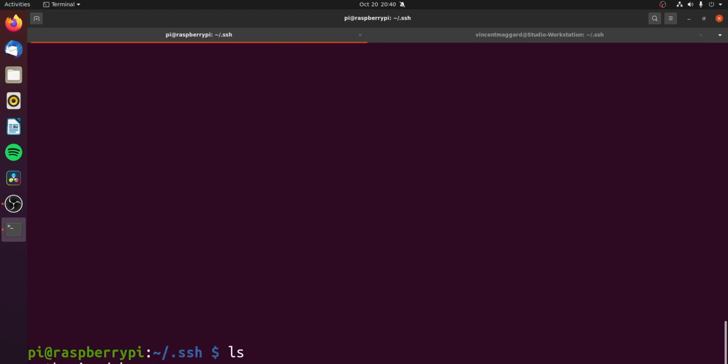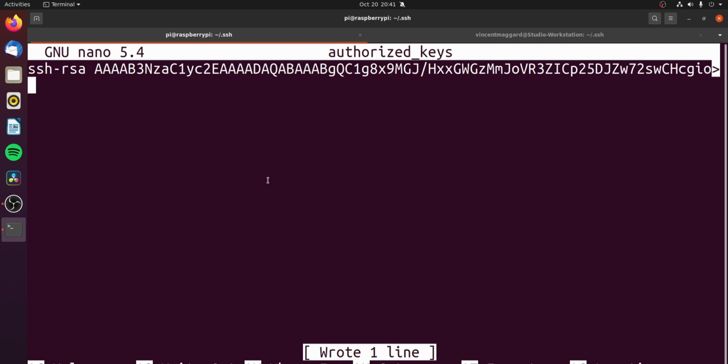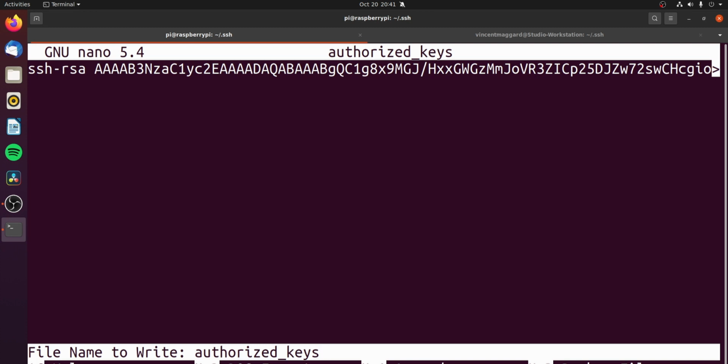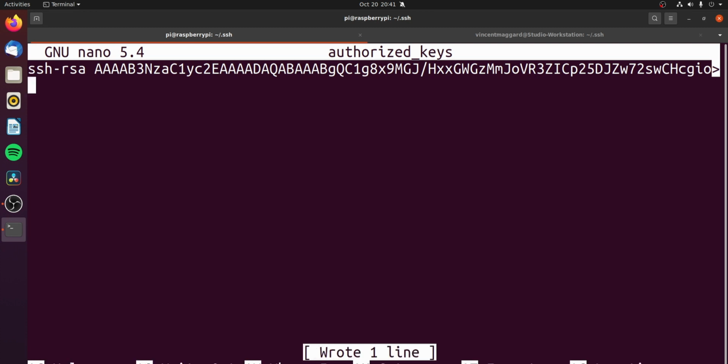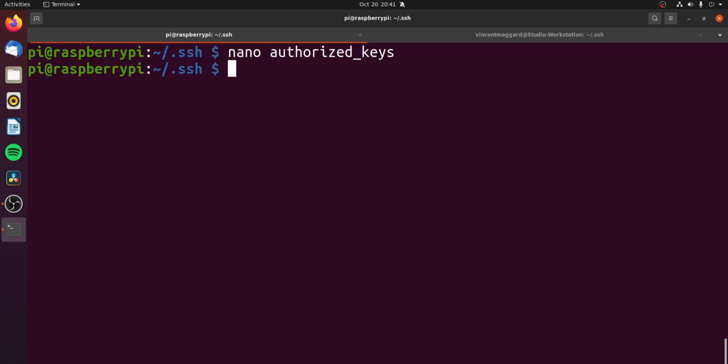And so now let's go over to the server in my other tab. I'm going to open up nano. I'm going to do nano space authorized_keys, as you can see here. And I just put one line in it, write it, save it. So to write it and save it, you just do Control O, excuse me. You hit Control O and hit enter. And then to exit, you can do Control X. And just like that, we're good to go.